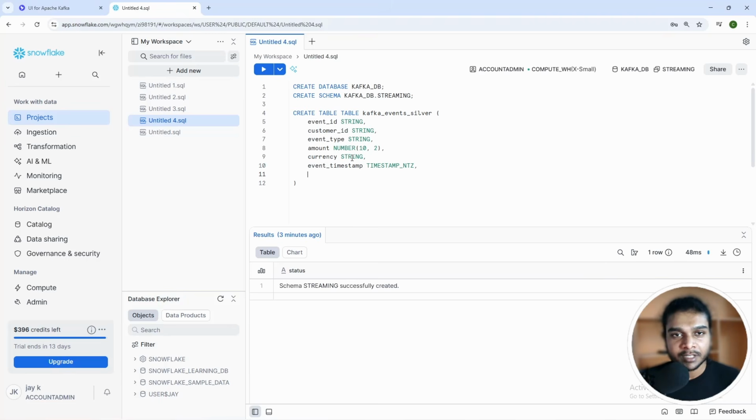And even timestamp is a timestamp data type. So we say timestamp, and then